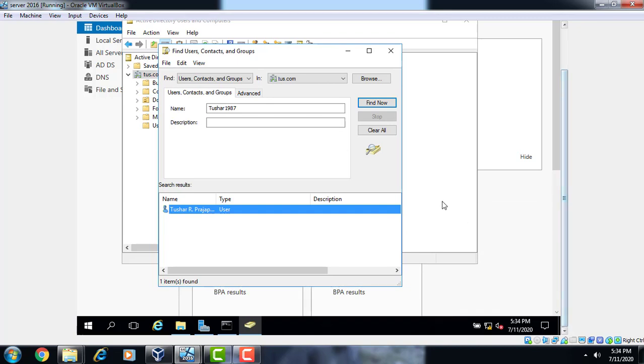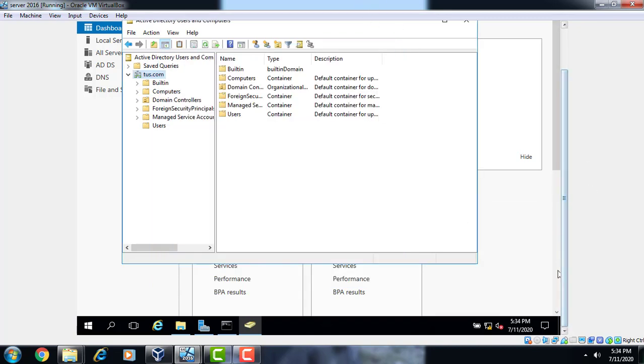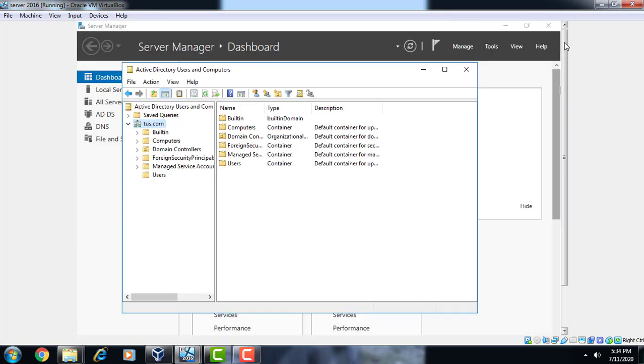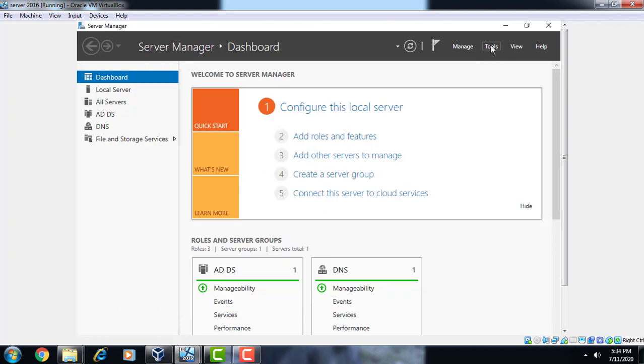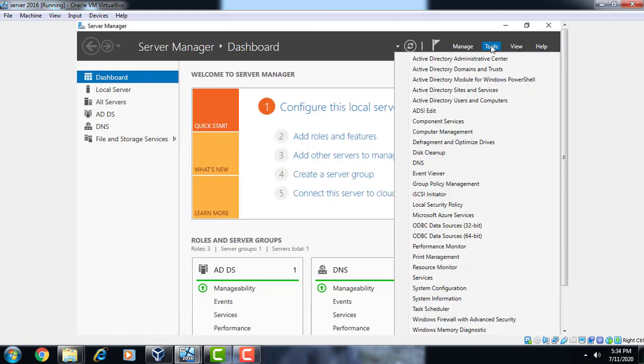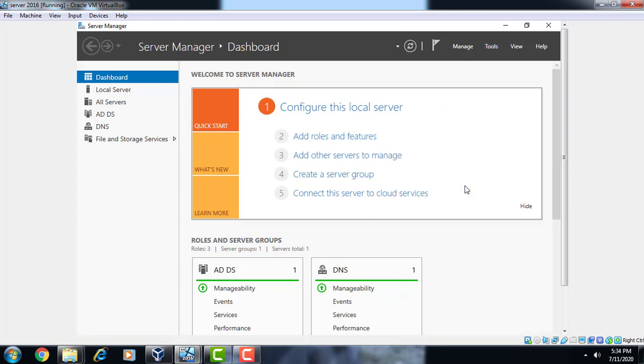Now this is the one practical of the group policy. Another one is, again go to group policy management.